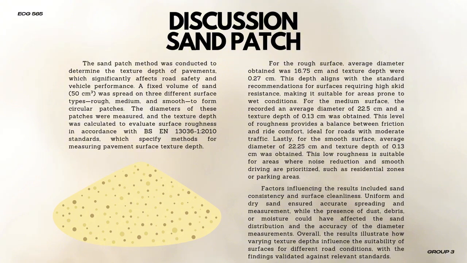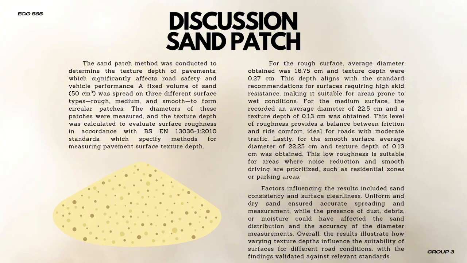For the rough surface, the average diameter obtained was 16.75 cm, and the texture depth was 0.27 cm. This result recommends that the surface is one requiring high skid resistance, which makes it suitable for areas that are prone to